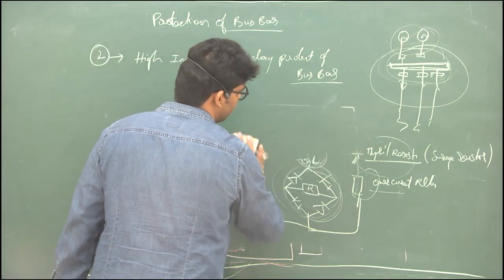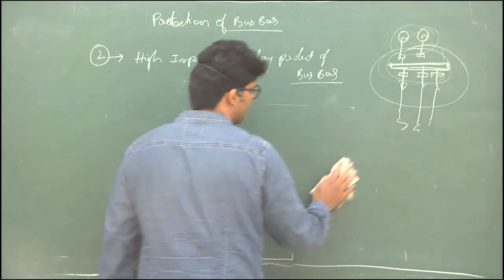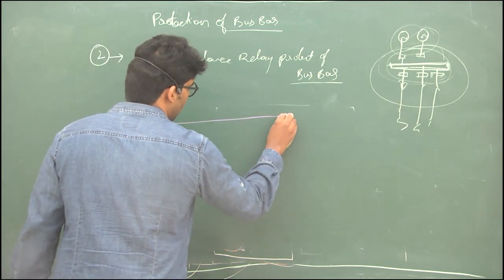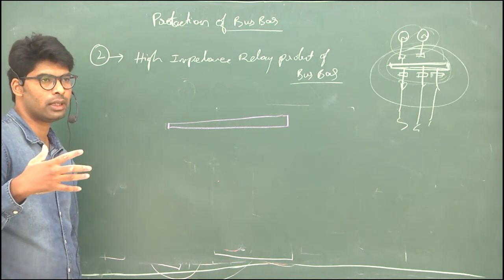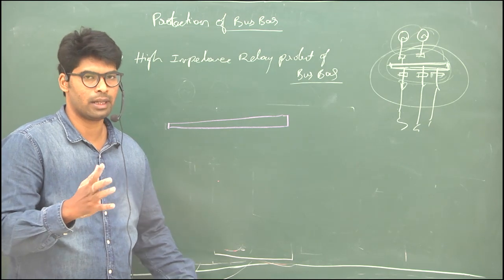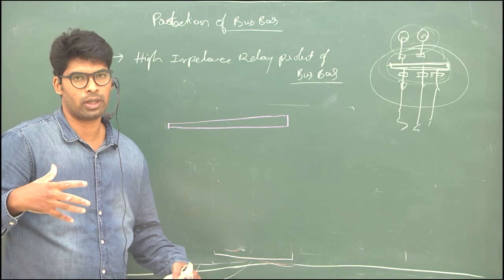So I already said that a bus bar zone contains the bus bar, the thyristor, the isolation, and the circuit breaker connected to either side of the bus bar, and we need to protect that bus bar. In some cases the bus bars are not connected separately. They are connected in a metal frame, which we call the switchgear metal frame.